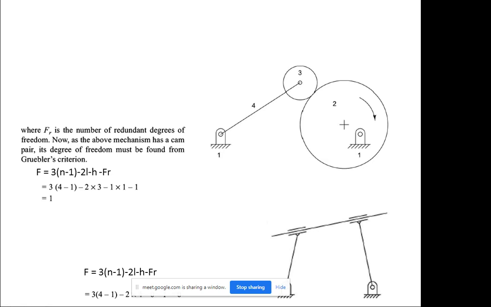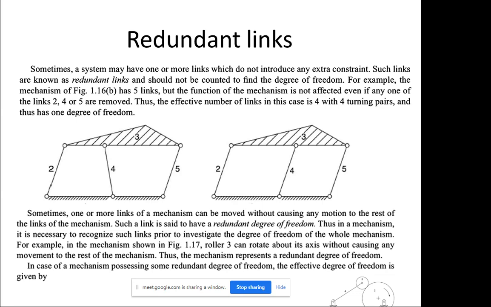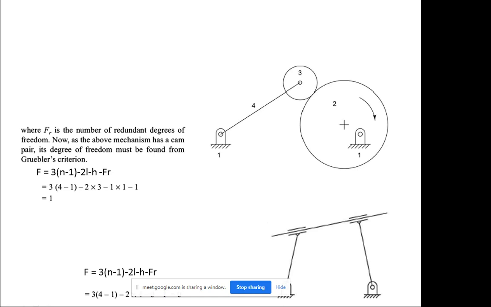Yes. Which one is FR, sir? This one? No, FR is extra taken there, not in this case. A redundant link is taken when, if one link is not there, it will not give any effect on the entire mechanism. If it is removed, it will not affect the entire system. So at that time you take 3n minus 1 and FR extra one, and put minus FR. So in these two special problems you can use this. That's why I gave both the problems here. Whenever these two problems are there, you have to use the redundant type of links.